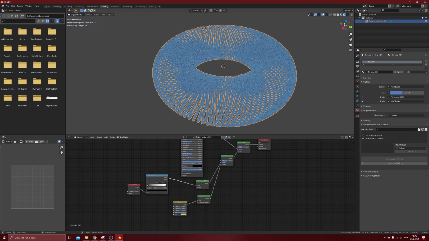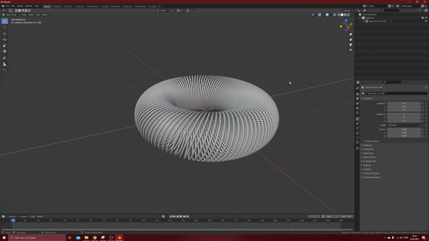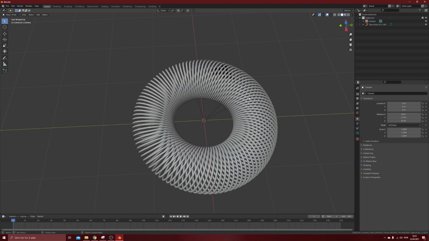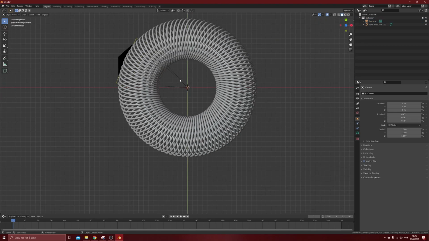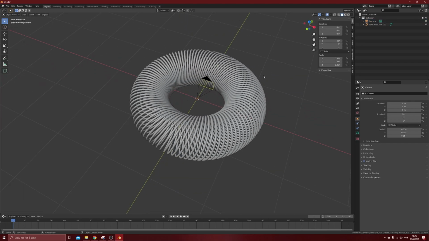What else do we do now? We need to have a camera, and we need to make it go around here. So let's get back to the layout mode. Press Shift A and put the camera in. Now we got the camera. Let's scale it down a little bit. And maybe we should do 90 degrees on the X so it looks straight on. No funky